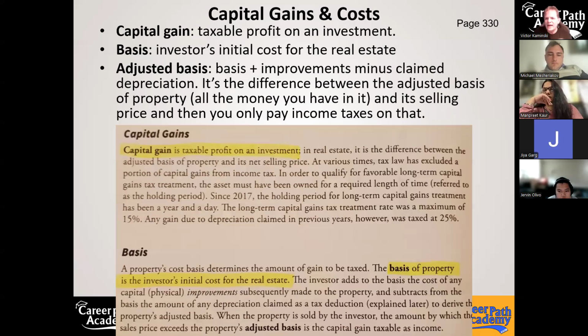So you calculate your capital gain after you subtract the money that you put into the property to buy it and maybe fix it up. You do not count your capital gain as the sale price for your real estate. You can subtract the cost that you put into it already. And then whatever's in excess of that, that is your capital gain.